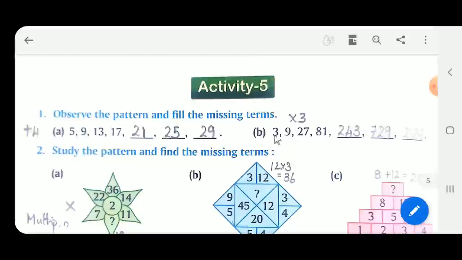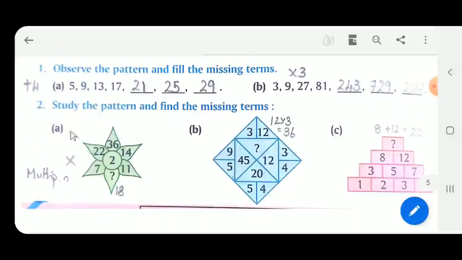So how are we going to get it? 3 3s are 9, 9 3s are 27, 27 into 3 is 81. That means we are multiplying by the number and that product is again multiplied by 3, that is 243, into 3 you are going to get 729. 729 if we multiply we are going to get